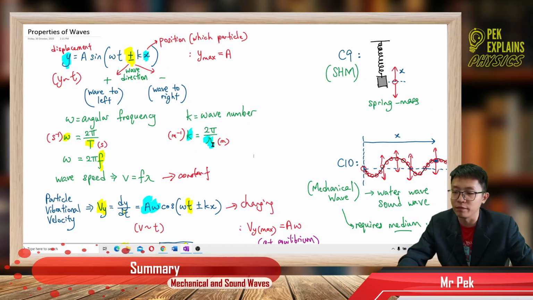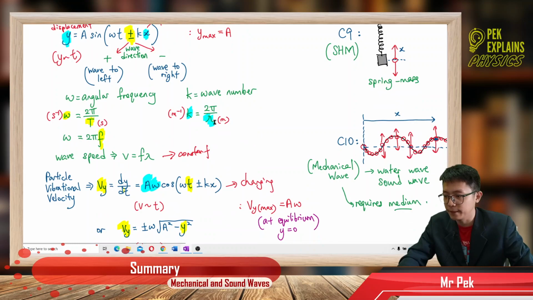So similarly, if lambda is in cm, then k is per cm. So you must always check the unit. Okay, so you see, from omega,